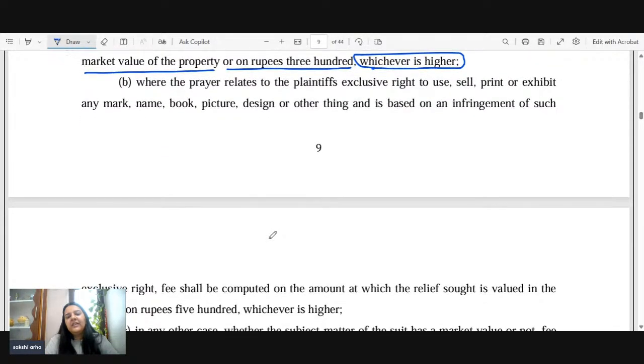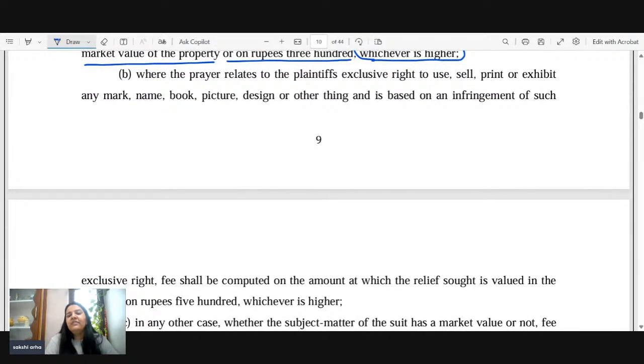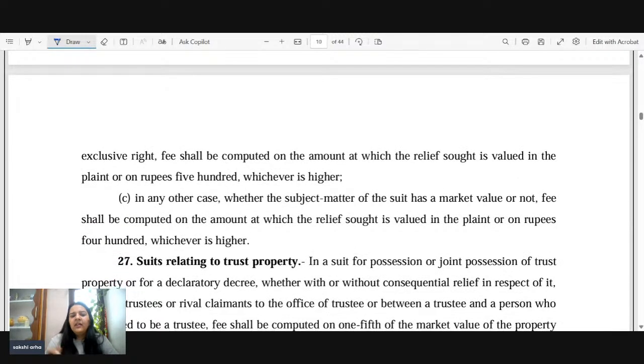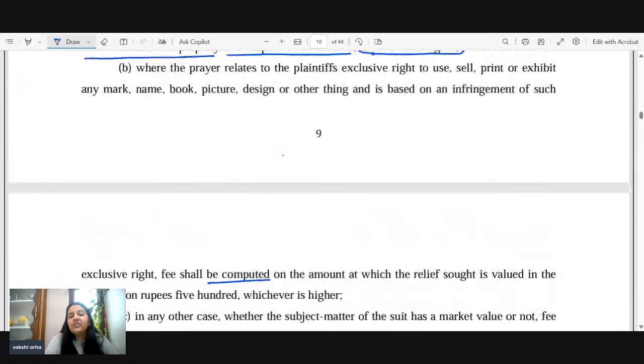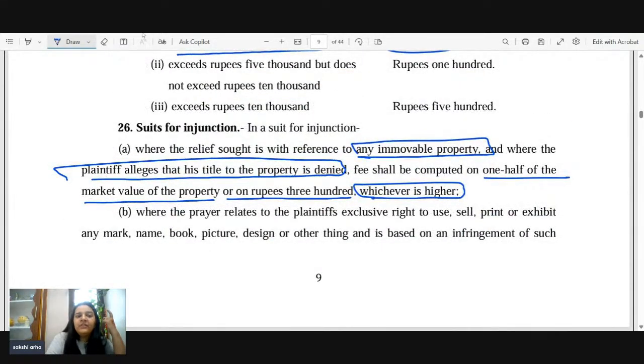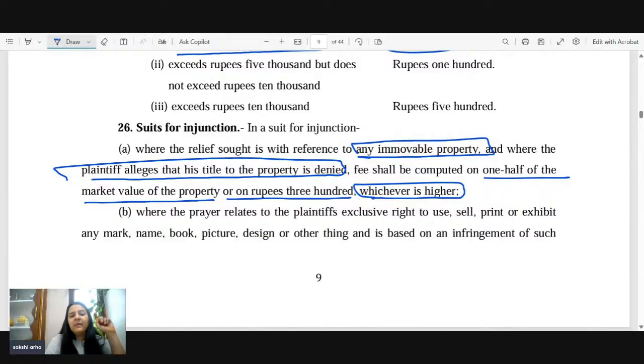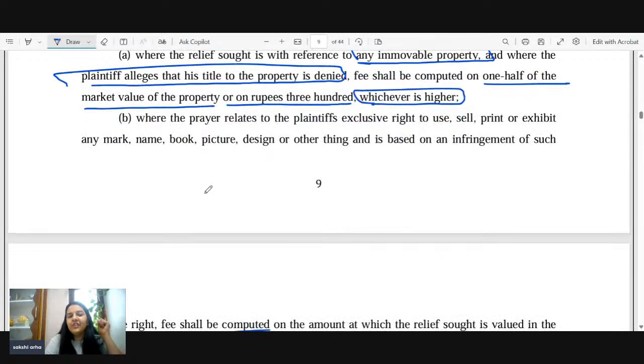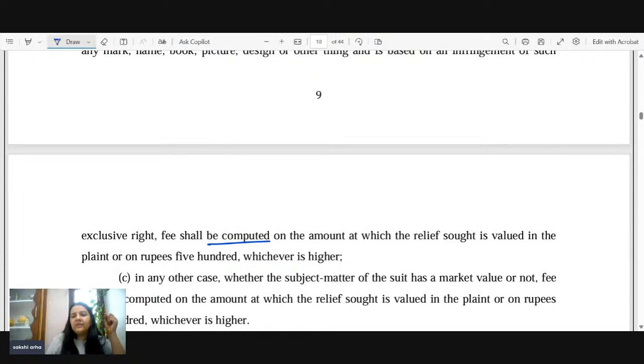Next, where the prayer relates to the plaintiff's exclusive right to use, sell property, all these infringement matters, then the fee shall be computed. See, this one is for injunction. The earlier one was for declaration. You must be thinking, ma'am, you have studied trademark before. But when we studied trademark earlier, that was for declaration. This trademark and copyright is for injunction, so if you are seeking an injunction on these,